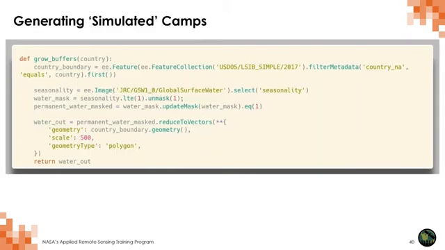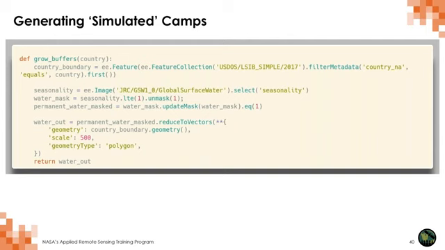So from now on, we'll use a combination of code snippets and imagery as background to walk through the rest of the index construction. This is some Python code, which is using the Earth Engine API. Even if you don't have full comprehension of the code, it's useful to structure our process as we go through. In this snippet of code, we're generating the simulated set of camps